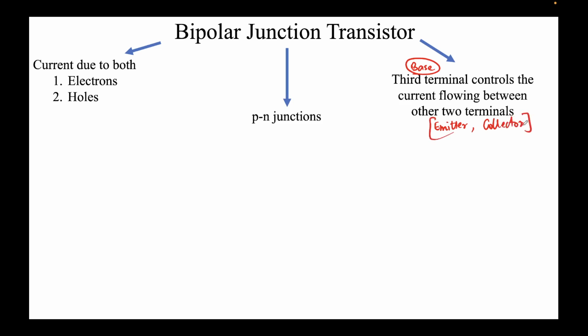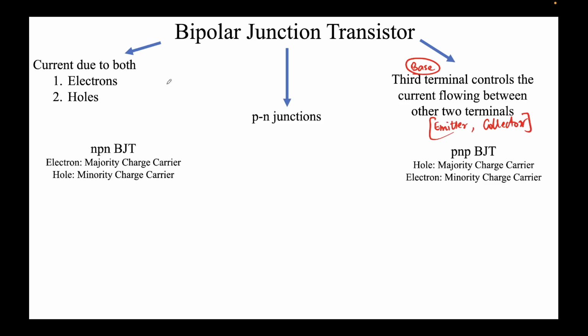So the base will be controlling the current flowing between the emitter and collector, right? We will see that now, and what I mean by that. As I told, the current is due to both electrons and holes. There are two flavors: NPN BJTs and PNP BJTs. There are more complex forms also, but these are two very basic forms which help us to understand the working